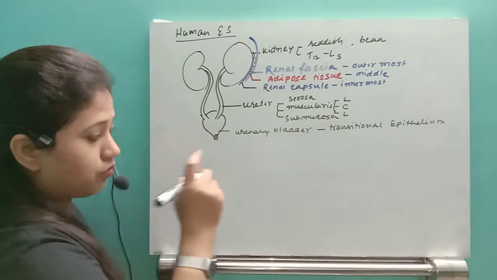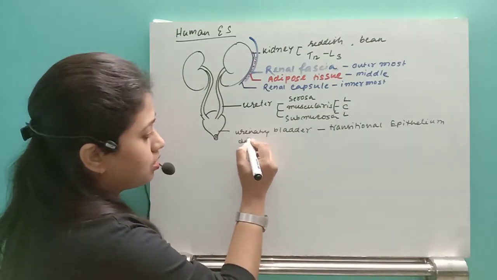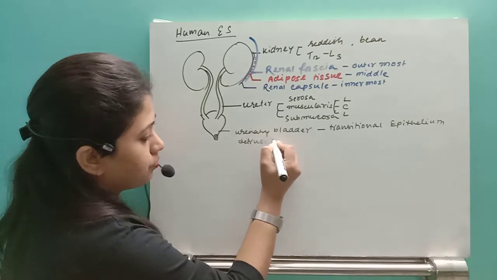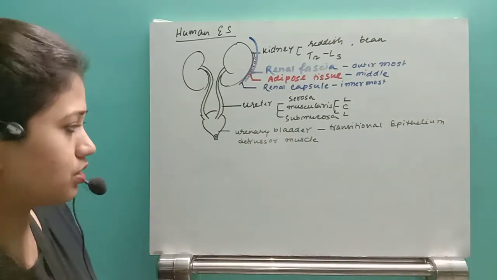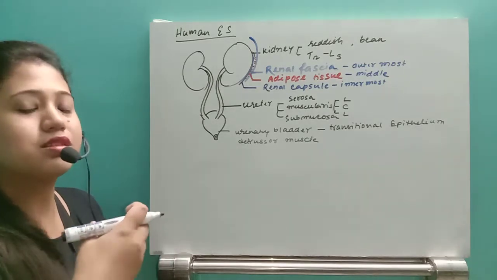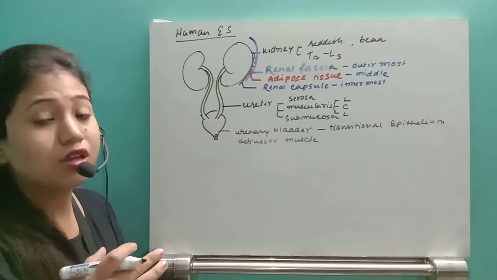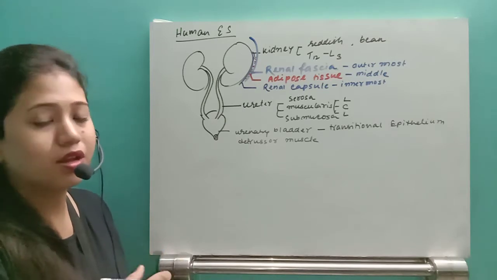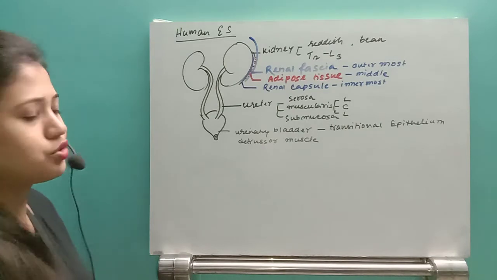Then the next thing we need to know is that it is going to have one muscle also, called the detrusor muscle. Okay, so this detrusor muscle will get an impulse, and after that this muscle will give stimulation so that our brain can understand that the urine has started to fill in the urinary bladder, and after that we have the urge to micturate, or urge to urinate.